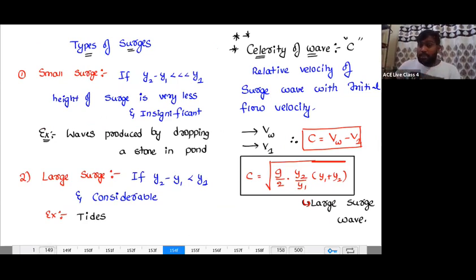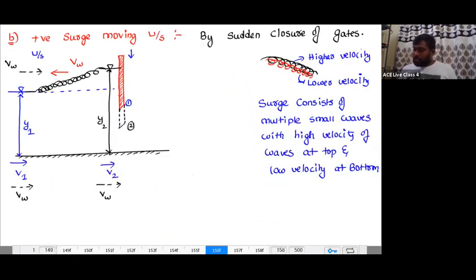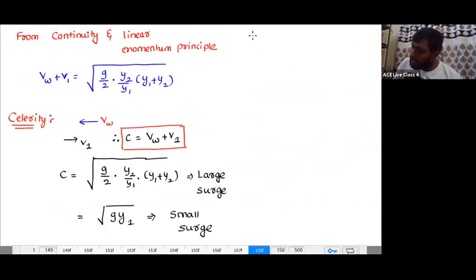Now, when the surge is moving upstream and the flow is moving downstream, V1 is downstream and the surge VW is towards upstream. Both are in different directions, so the relative velocity is positive: VW plus V1. For the large surge and the small surge, in both cases the magnitudes are going to be the same. I hope you understood. I did not give you the derivations for this case. I have just given you the formulas, and the last note point over here is